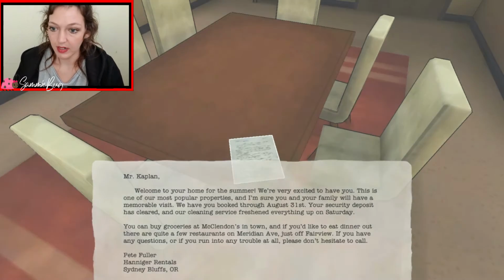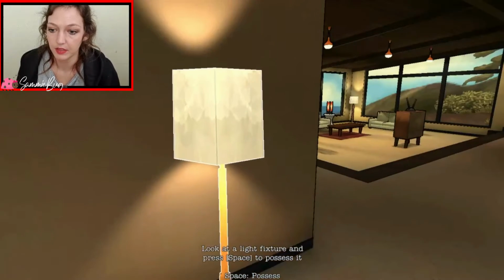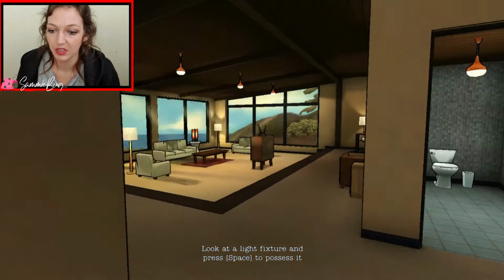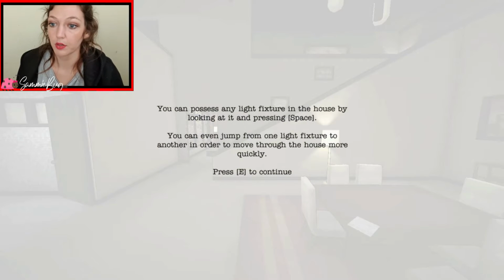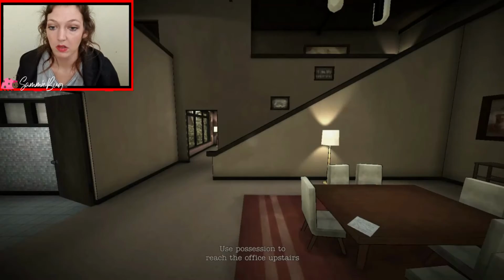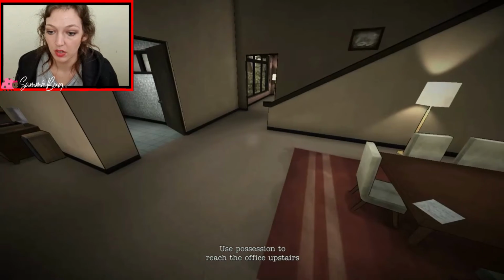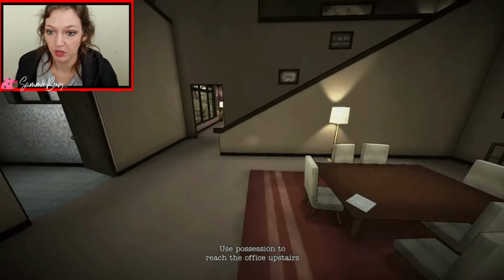Okay, so he's the real estate agent. Look at the light fixture and press space to possess it. You can possess any light fixture in the house by looking at it and pressing space. You can even jump from one light fixture to another in order to move through the house more quickly. That's very strange. Use possessions to reach the office upstairs.